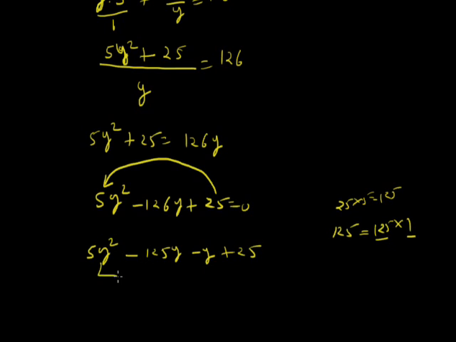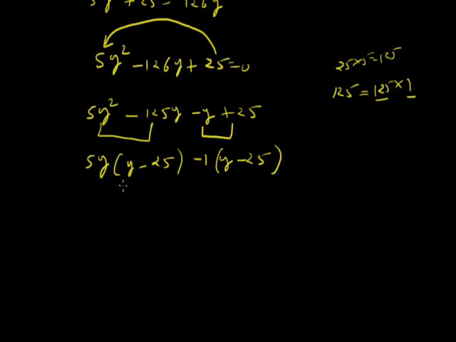So from these two terms I take 5y common. So what is left? y minus 25. From these two I take minus 1 common. So अगर मैंने माइनस कॉमन ले लिया तो ये पॉजिटिव हो जाएगा और पॉजिटिव वाली टर्म नेगेटिव हो जाएगी.